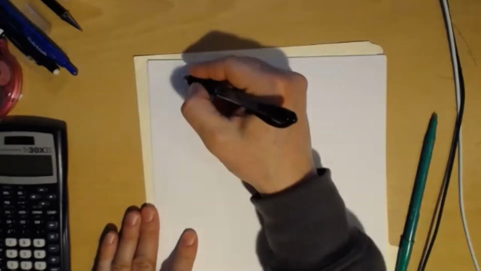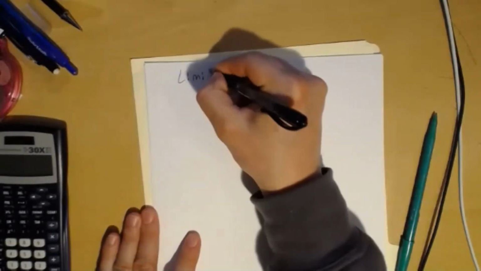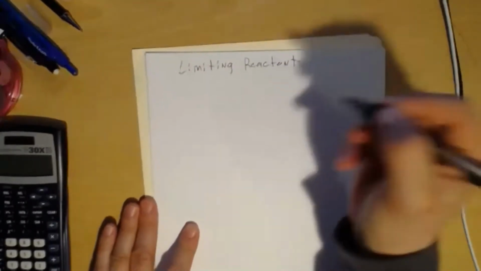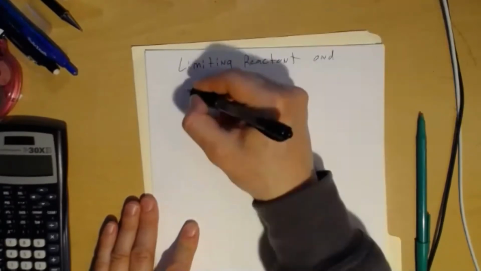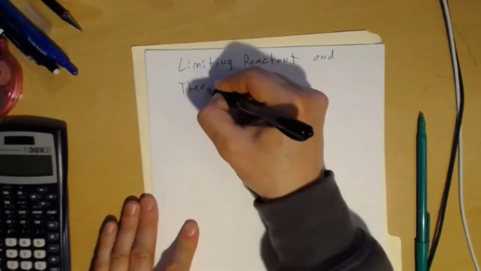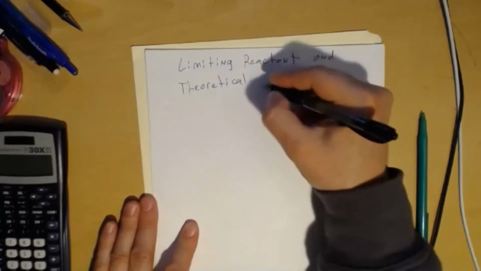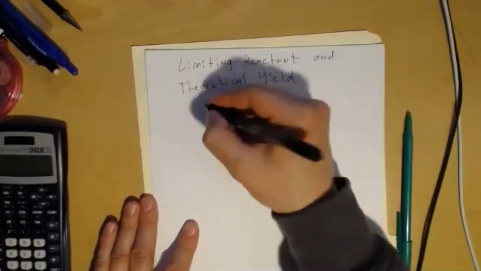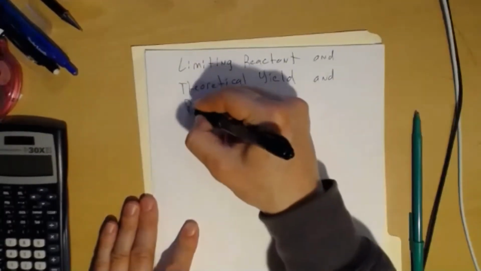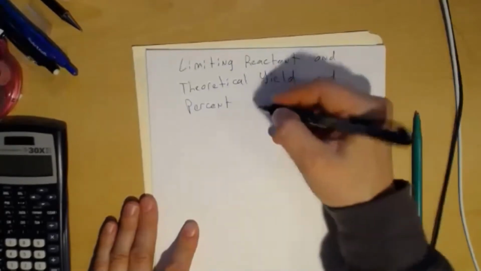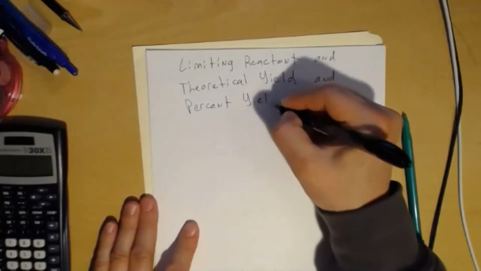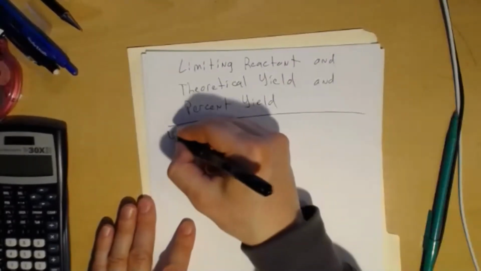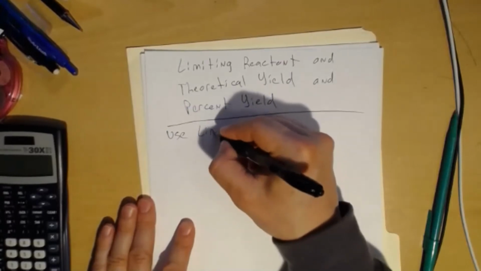Okay. So I'm going to talk about limiting reactant and theoretical yield. I think why I skipped this, because technically there's another component called percent yield. I don't think that's on the worksheet, but we might as well talk about that as well. And so what I want to say is you use the limiting reactant